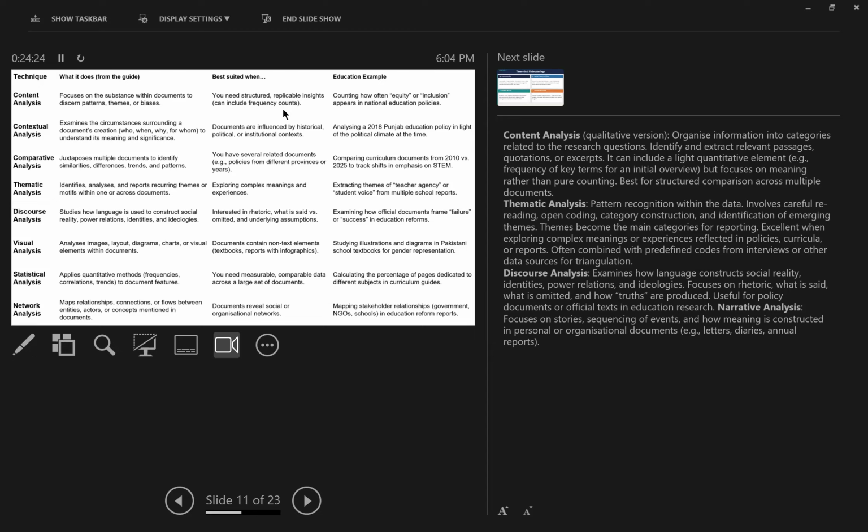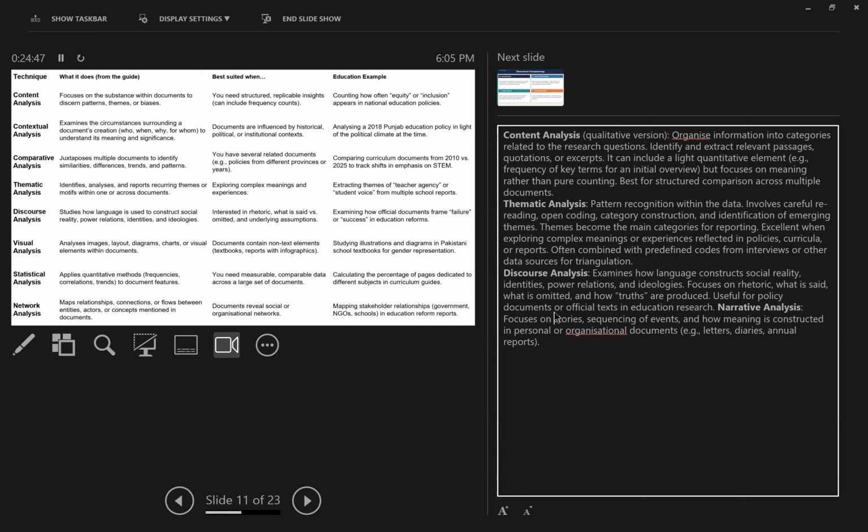And if it is frequency, then it could also be replicable. And then counting, that is the frequency, how often equity or inclusion appear in national education policy. That could be one way of looking at the frequency. The thematic analysis. Okay, the next one is